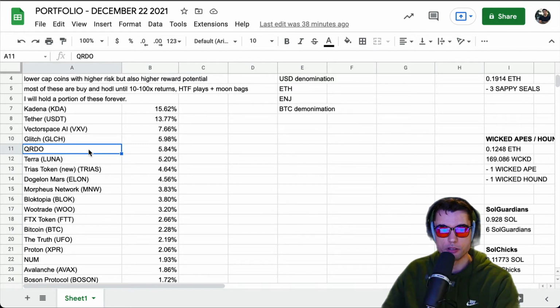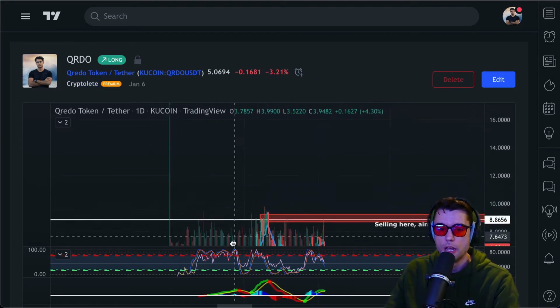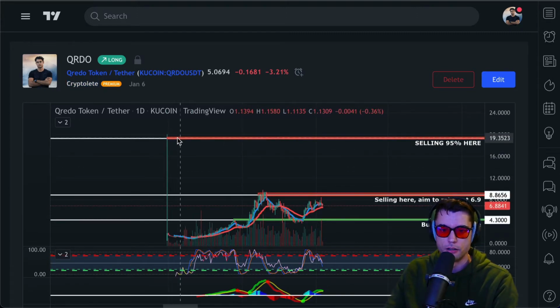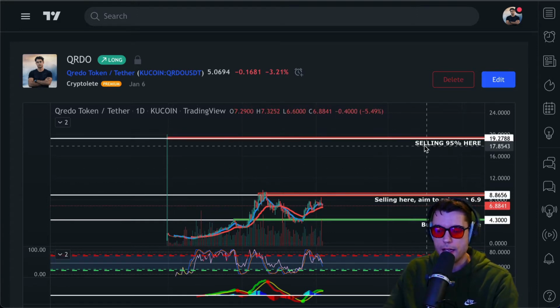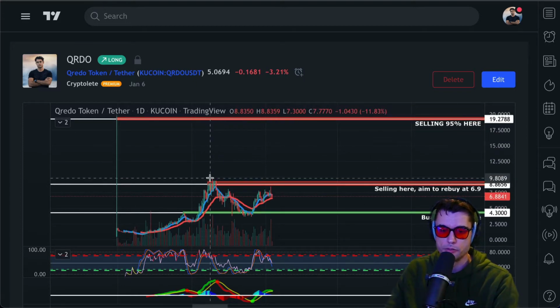Next up on the list is QRDO. Okay, so for QRDO, I had my initial buy right here, and my initial sell. Actually, my initial buys were, I believe, right here and here and here. I don't know exactly where they were. Yeah, I bought a long time ago, but basically I was waiting for something to happen to give me a top signal, and otherwise I was just going to sell it all right here, right? And so I had the game plan to sell 95% right here, and then I was going to wait until some type of formation happened,